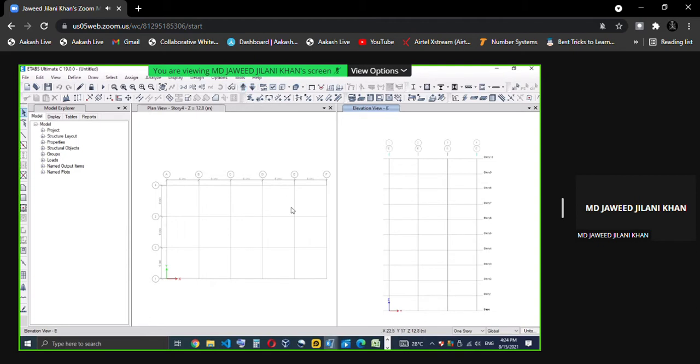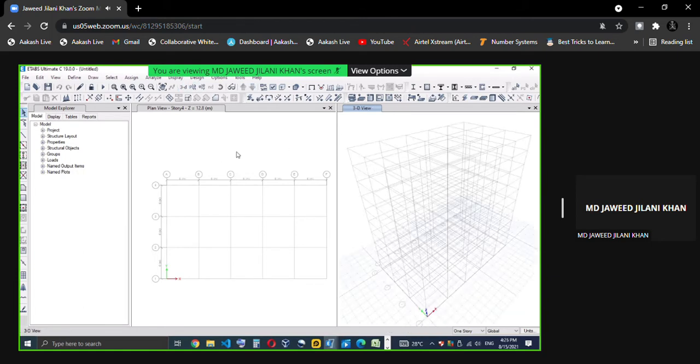After E, then F. After F, we don't have anything here, it will bring on the other side. So this is elevation F. To try to go further, it will bring on elevation 1. So 1 meaning you have 1A, 1B, 1C. Likewise, you can browse between various elevations and plan, or you can make a 3D view here.